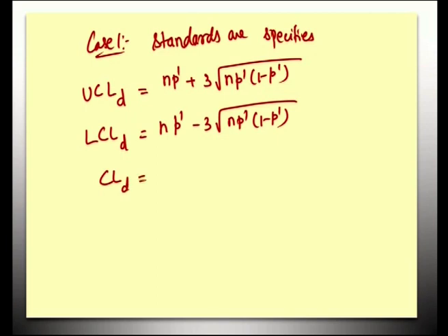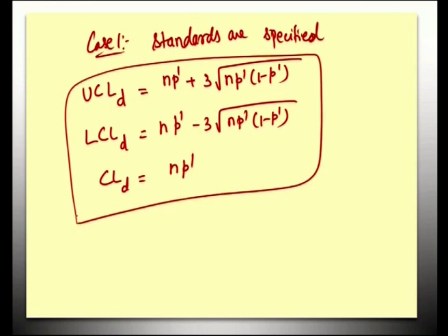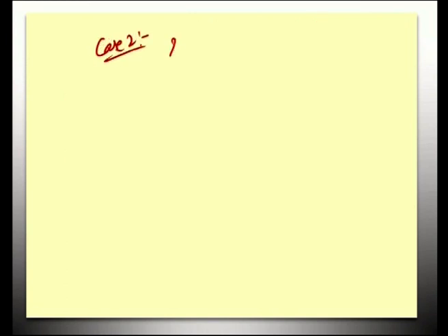CL of D is equal to NP. This is the case when standards are specified, that is, the population values are known. Next, case 2: when standards are not specified, that is, when the population values are not known,